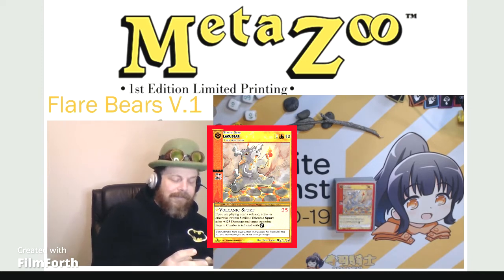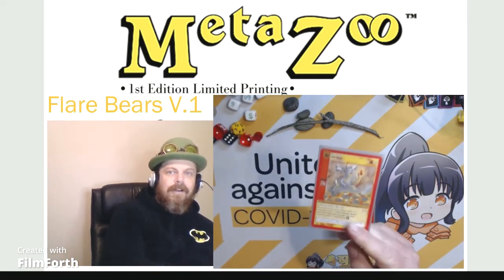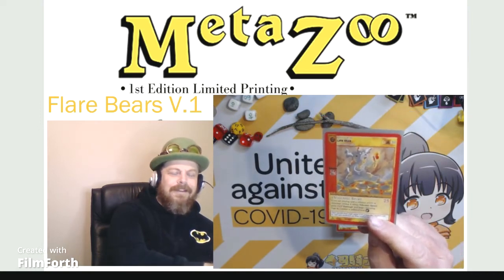Volcanic Spurt is its attack, which has a base attack of 25. If you are playing near a volcano, active or otherwise within 5 miles, Volcanic Spurt gains 125 damage, and the target opposing page in combat is inflicted with burn. So this is amazing. This one cost little dude that we've named the deck around, he is going to